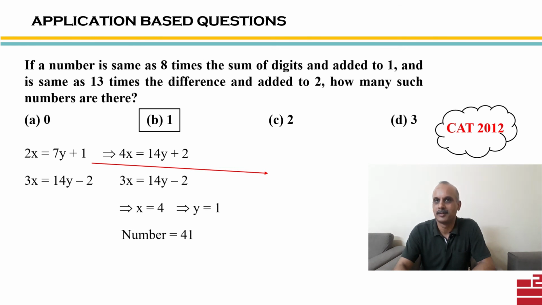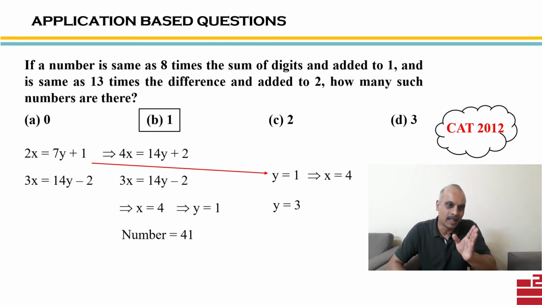Any shortcut for this? Rather a different kind of thought. Now once we have got the equation as 2x is equal to 7y plus 1, without looking at the second equation, only from first equation we can think. Now if we have 2x is equal to 7y plus 1, can we say that when y is 1, x will be 4? When y is 3, now why did we not take y as 2? Because if y is taken as 2, the right hand side of that equation will be 7 2s are 14 plus 1, 15, and that is not divisible by 2, and therefore we will not get an integer value of x.